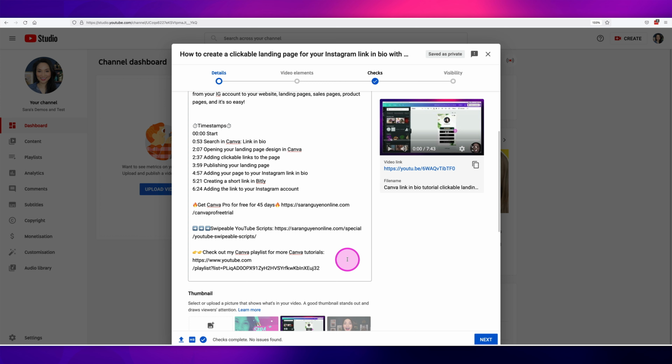Add your links, and if you want your link to be clickable, which you do, make sure that you add the HTTPS, if it is secure, ://. And this will make sure that your link is actually clickable and not just text in the actual section. You want to do that to make sure that it actually plays nicely there.